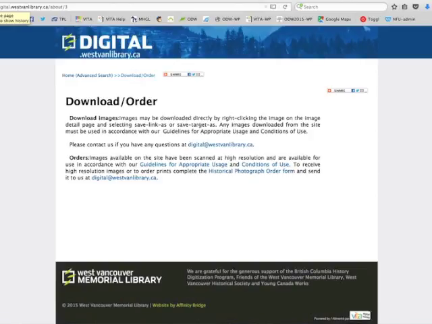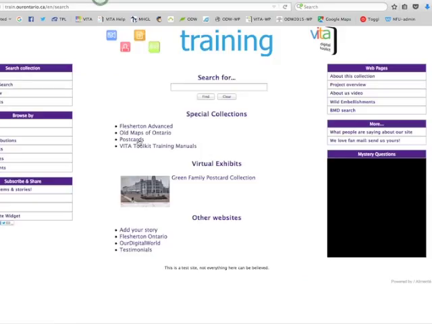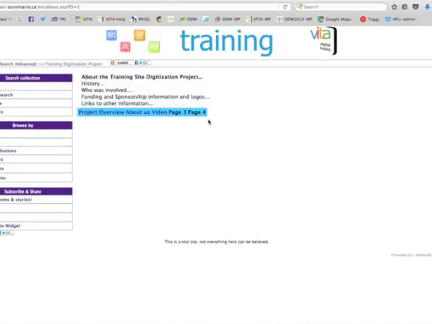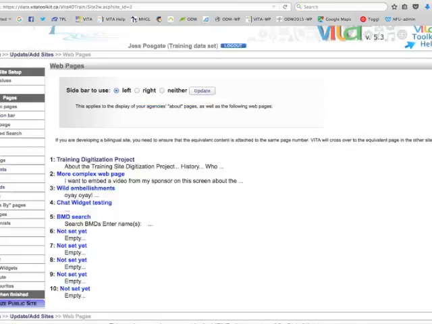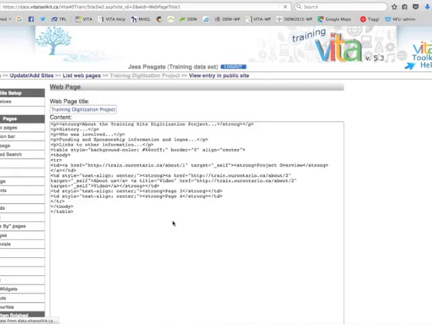screen and so on. But if you did have something like in our training set, we have our web pages listed on the right-hand side, and this was intentional so that when I click through to one of my pages, what I should do is change this so that I'm not using my left but using my right, so that I can navigate between the web pages themselves. I can always go back to the search page here. So this is a little bit of a goofy set, right, because it's training, but essentially it's an illustration of